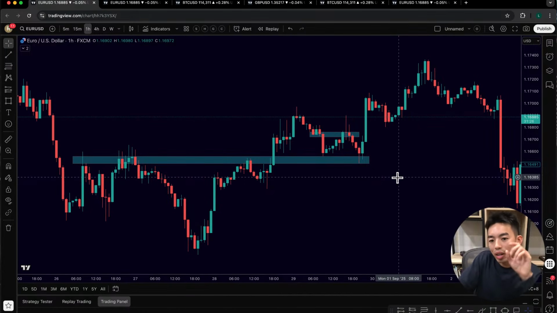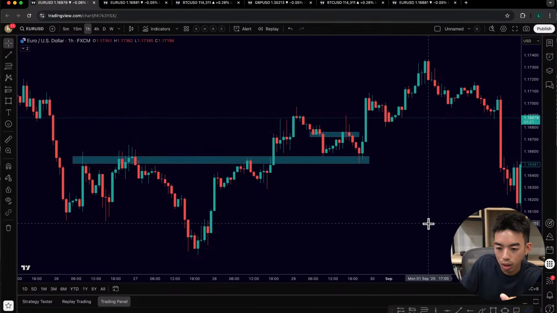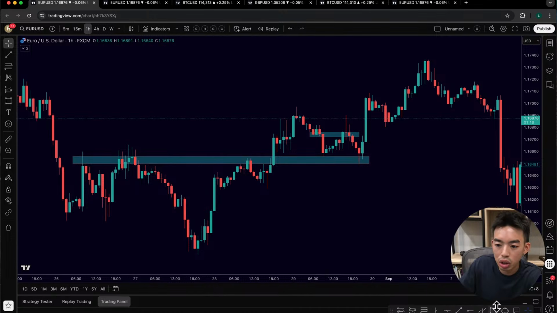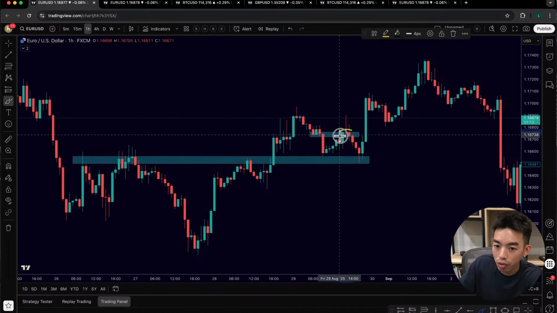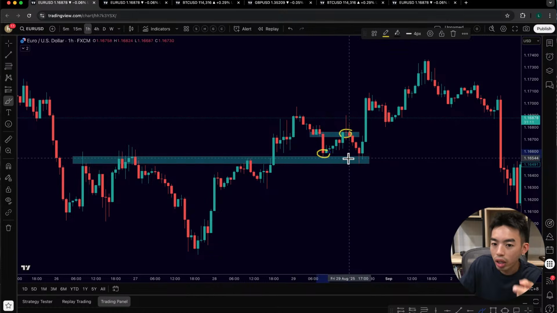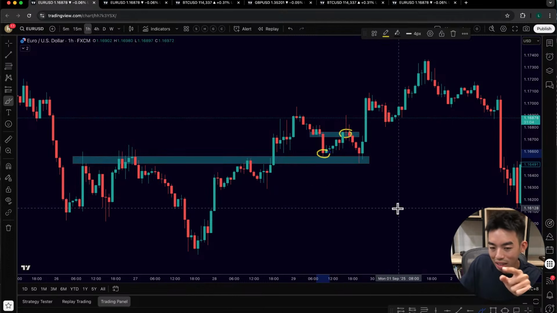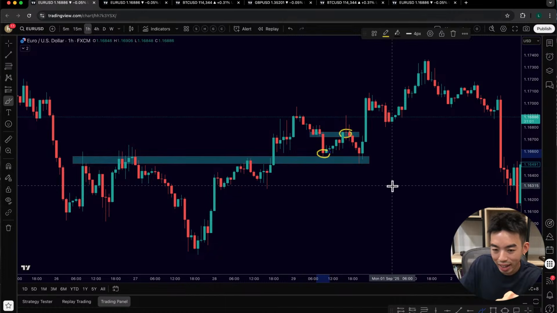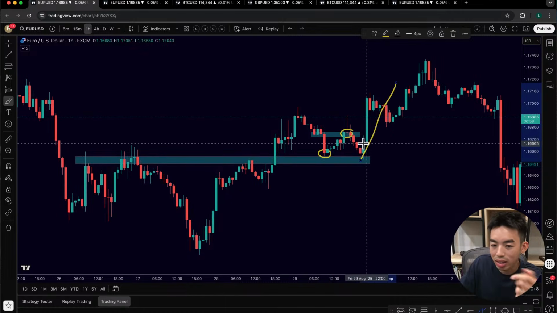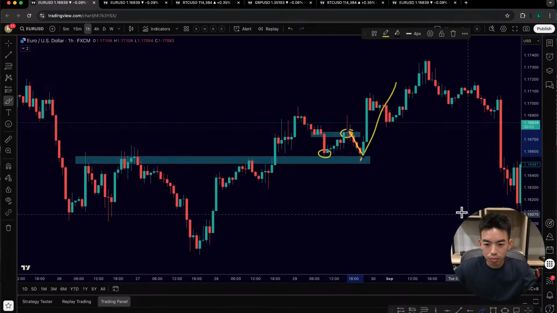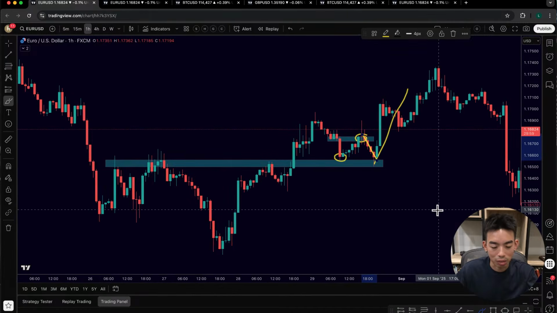So this, in the very short term, becomes a spot where both parties, the buyers and the sellers, are trying to release. Which means any position you take in this area, doesn't matter if you're selling or buying, you're in a very, very tight spot, because both parties are fighting. Now, in this situation, why did the buy succeed and why did the sell fail? The answer to this is very simple.